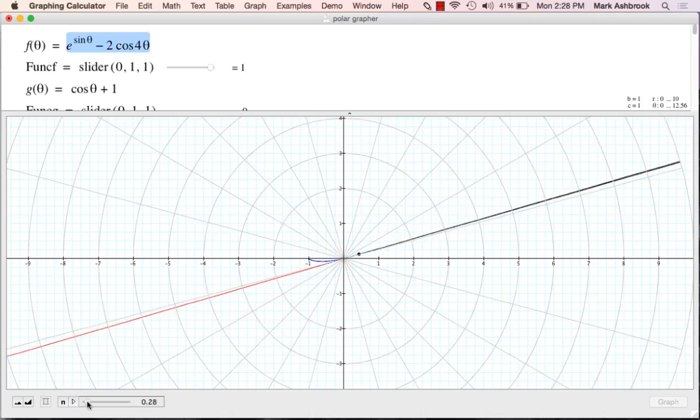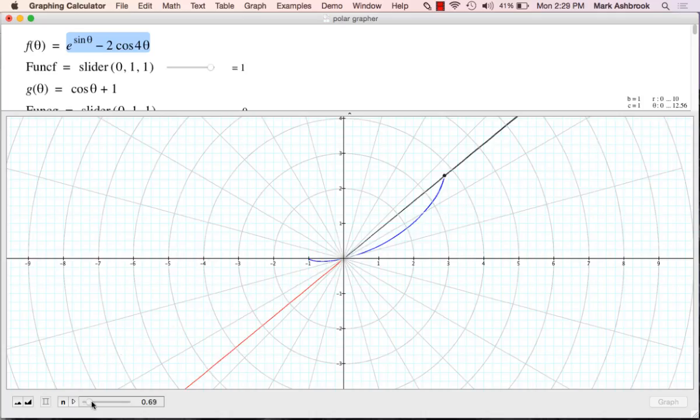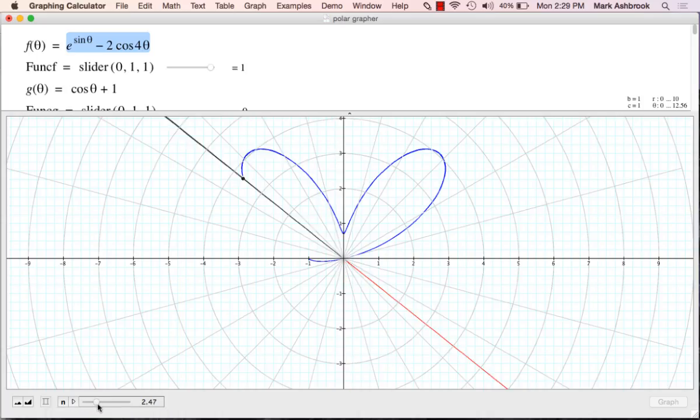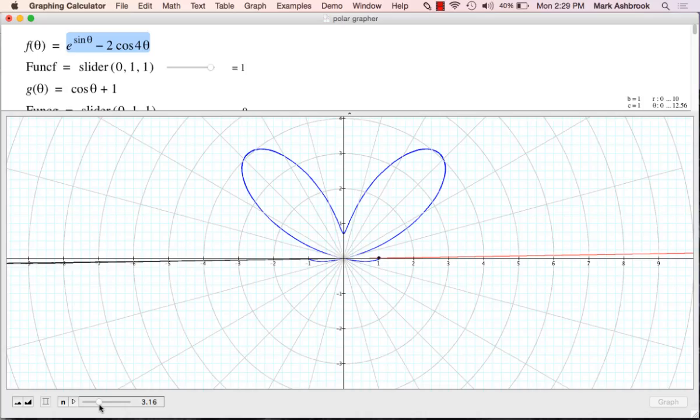Okay, so now here is theta changing from 0 to pi over 2, according to that function. As the angle changed, for every value of angle, you get a different distance from the pole according to that function, and so then you get this loop. Here's theta increasing from pi over 2 to pi. That's symmetric there. And now notice that when we get to pi, the value of r is negative again,